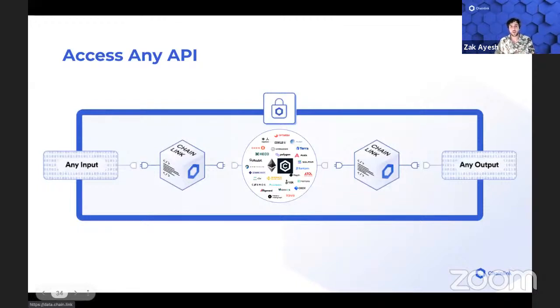And finally, we have accessing any API. Chainlink can be used to integrate with any API, whether that's a web API, enterprise system, database, Internet of Things sensor, or API-enabled physical device such as a car. We had a very early hackathon winner who actually connected their Tesla to a smart contract using Chainlink